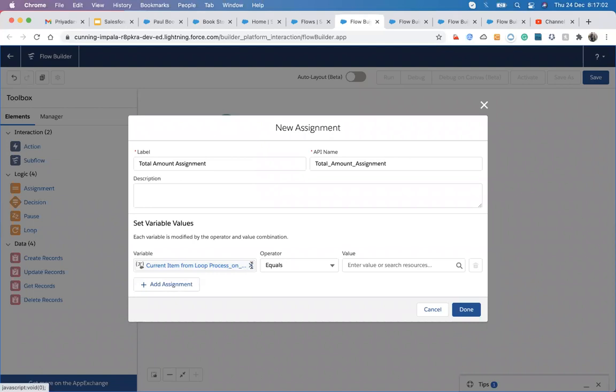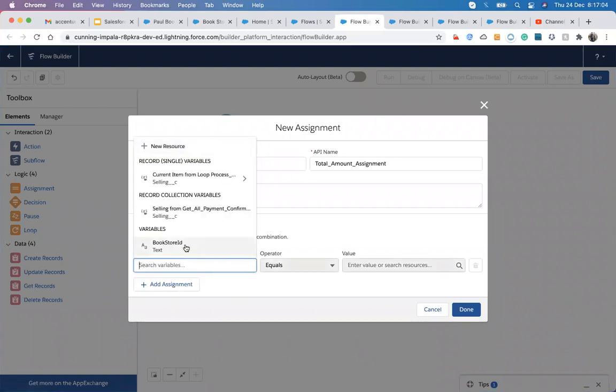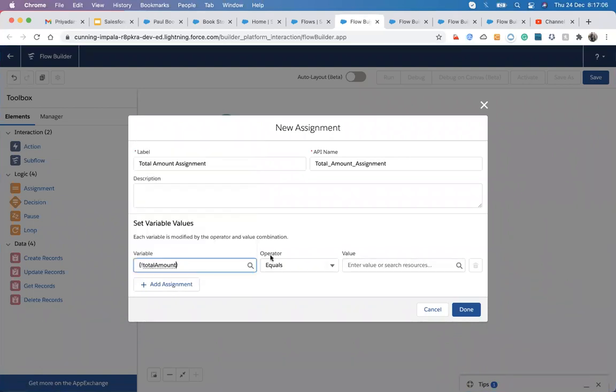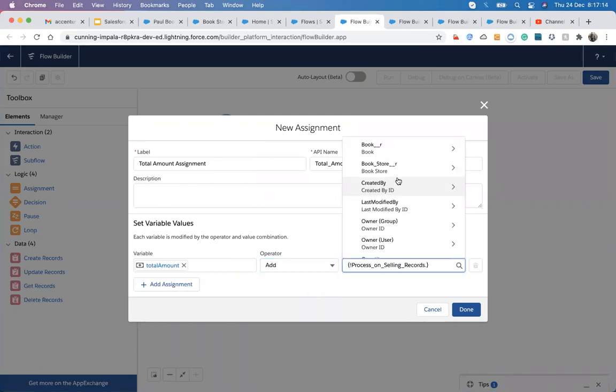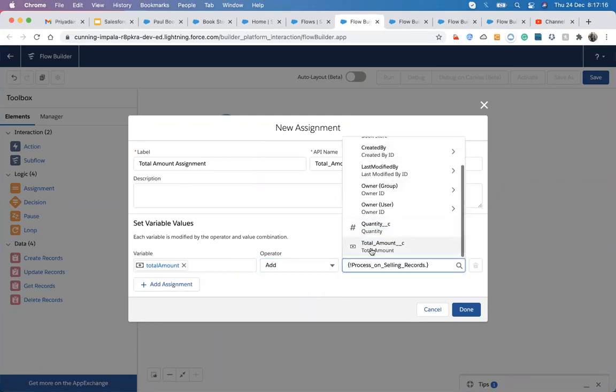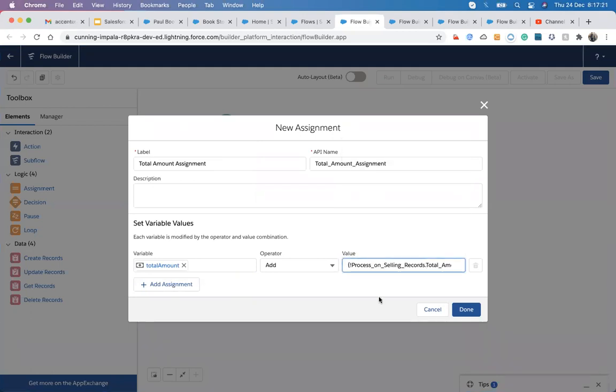Not here. I need to assign the total currency, add, which means it can add the values of total amount.